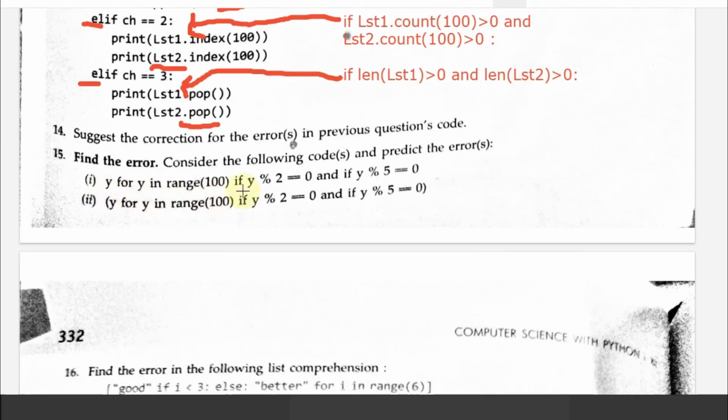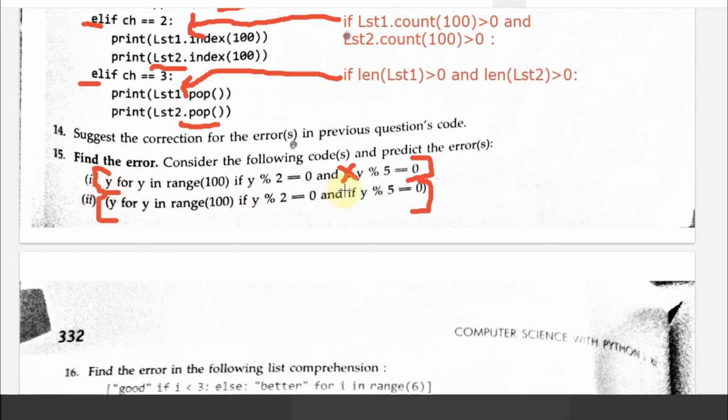I have y for y in range(100). Everything is okay except the open bracket is missing. And here, if y mod 5 is equal to 0 is there, the second if is not required once again, and if it is there, it is enough, right? And then the close bracket. So this is how you need to make the changes. And here also an open bracket is missing; here they have written it in tuple format. It is not possible. List comprehension is available only for lists, so you need to put a square bracket.